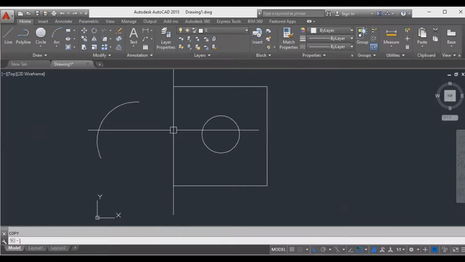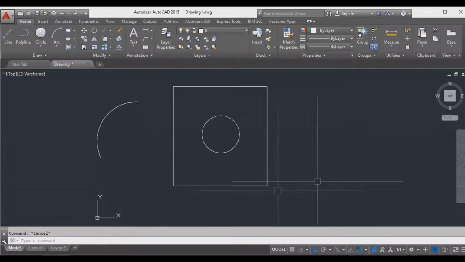But redo is moving forward, only one step, not every step. Redo, R-E-D-O, redo, enter, only one step will move. So redo will not affect you for all the time, but undo will help you come back to the first point of the drafting. Whatever you started on the first command, until the first command, undo will work.